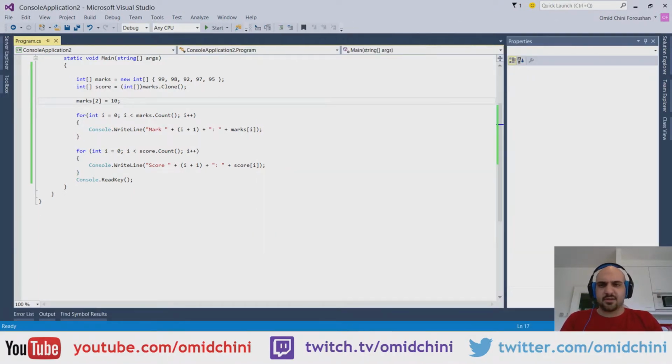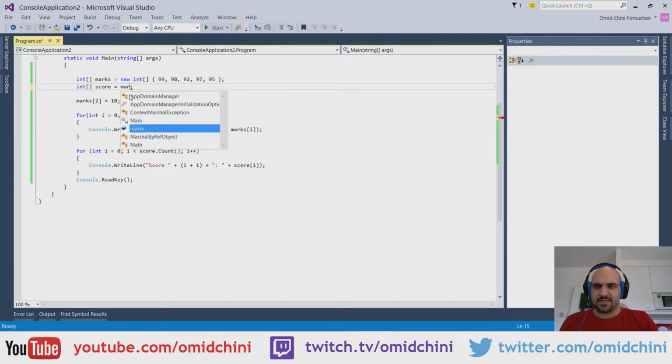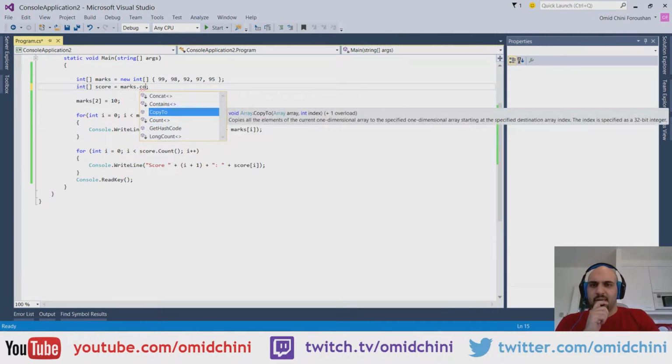But I saw also another function. It was CopyTo. Okay, let's see how that works. Let's see, marks.CopyTo. It copies all the elements of the current one-dimensional array to the specified one-dimensional array starting at the specified destination array index. The index is specified as a 32-bit integer. Okay, as it seems,